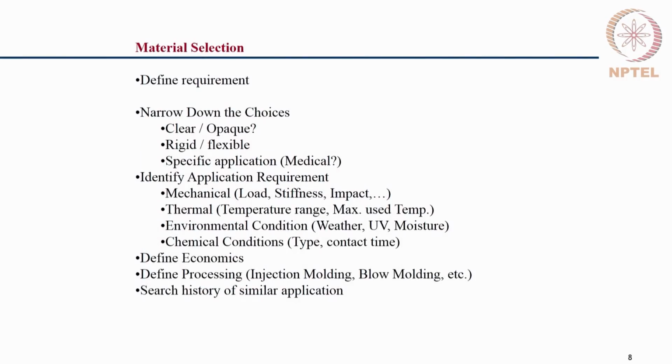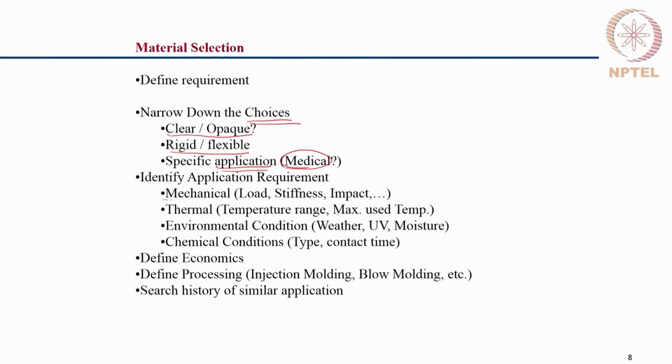So, in this process the material selection is the key and the first process. There are several choices to make based on the functional requirements, such as whether the component that is being made should be clear or opaque, or whether it has to be rigid or flexible. What is the application? Applications like medical need special types of plastics. There are FDA approved grades of materials used for medical applications,